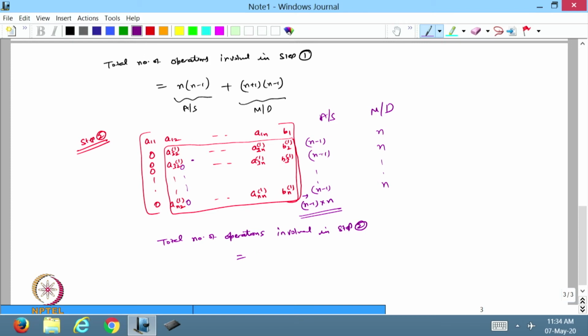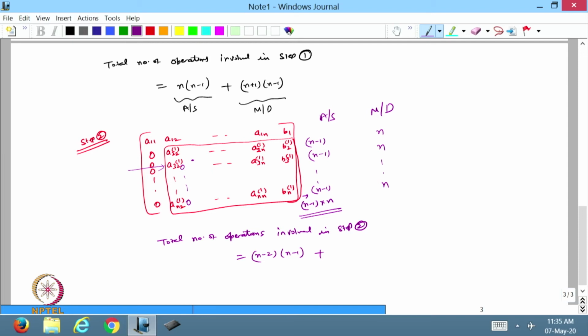So, it will be n minus 1, n minus 1, n minus 1, n minus 2 times, because I am starting from here. So, the number of rows is n minus 1, and I am leaving the first one, so it is n minus 2 into n minus 1. So, that is n minus 2 into n minus 1 plus